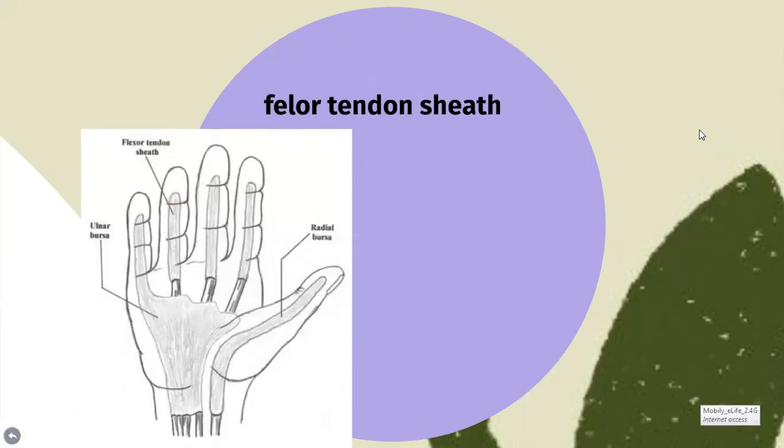The flexor tendon is covered with a sheath. The flexor tendon sheath of the index, middle and ring fingers runs from the distal interphalangeal joint to just proximal to the A1 pulley. The sheath of the thumb, which covers the flexor pollicis longus tendon, runs from the interphalangeal joint